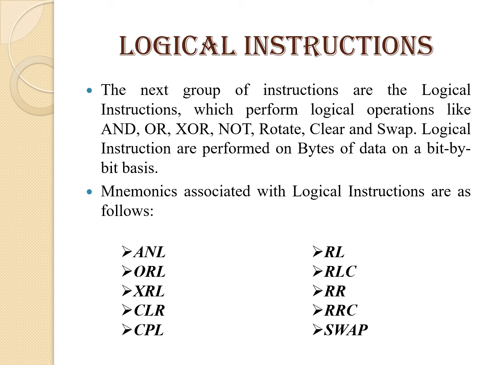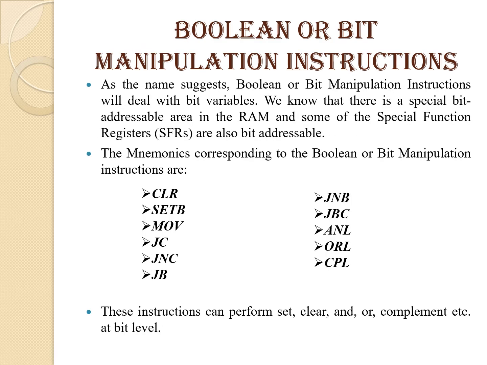For going into detail on the logical instructions, you must know the truth tables of all these gates. Next are the Boolean or bit manipulation instructions. As the name suggests, Boolean or bit manipulation instructions deal with bit variables. We know that there is a special bit addressable area in the RAM, and some of the special function registers are also bit addressable. The mnemonics corresponding to the Boolean or bit manipulation instructions are CLR, that is clear, SETB,